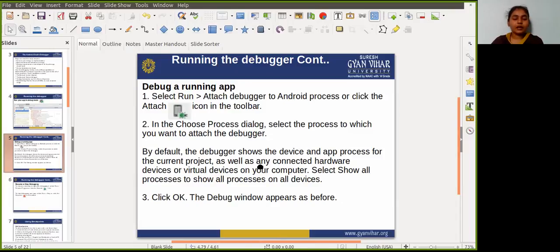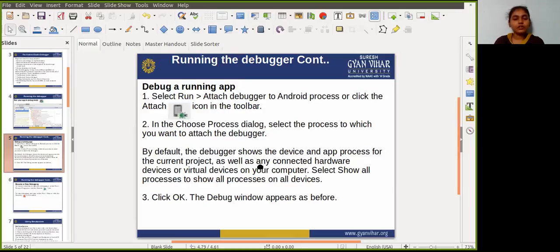Click the run button, select Attach debugger to Android process, or click the attach icon on the toolbar, and then choose the process dialog. Select the process to which you want to attach the debugger.